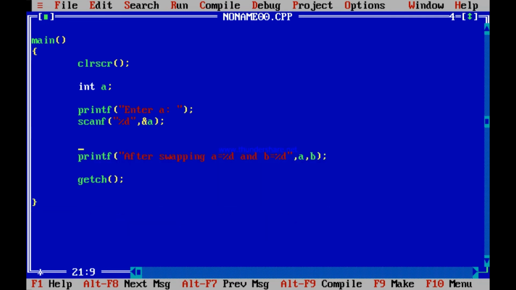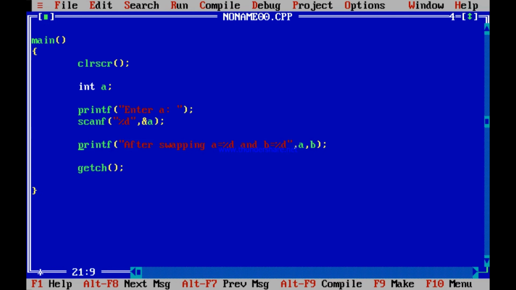I do one very simple thing. I have told the user to enter A, scanf ampersand A. Now I will print "You entered %d".